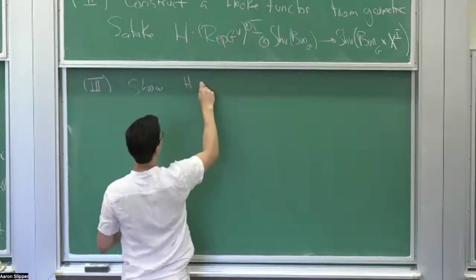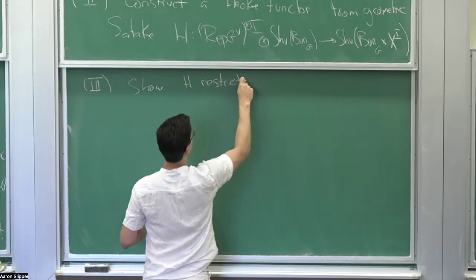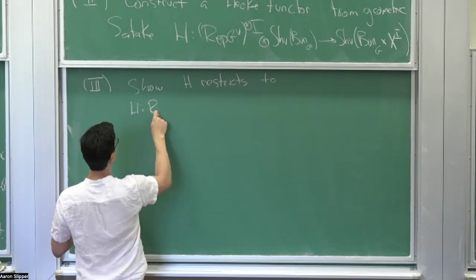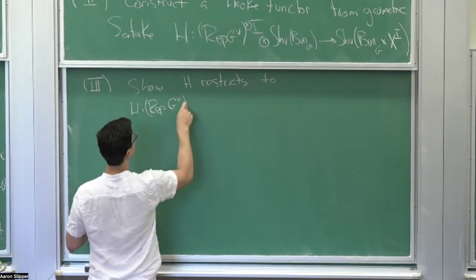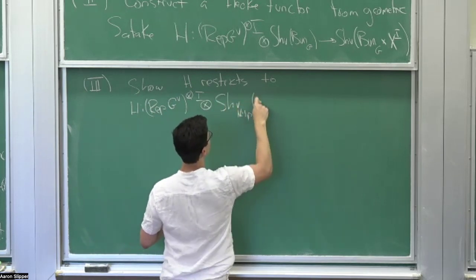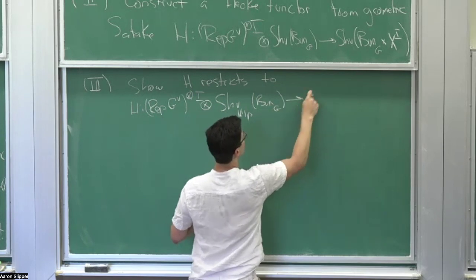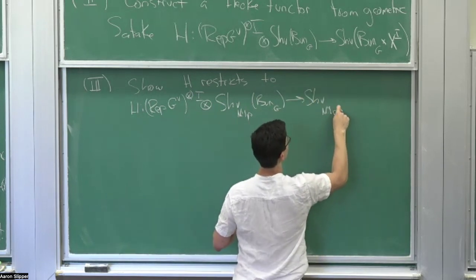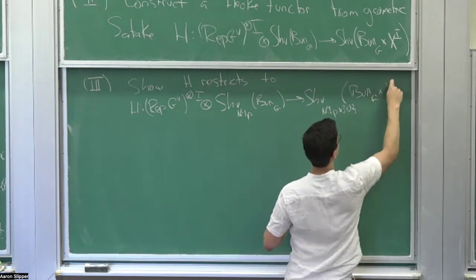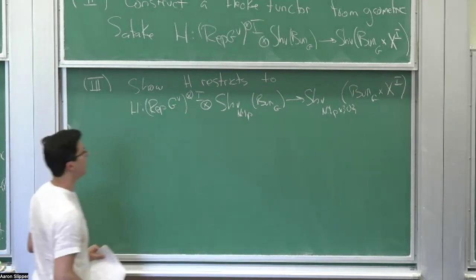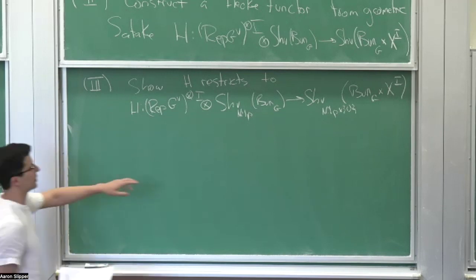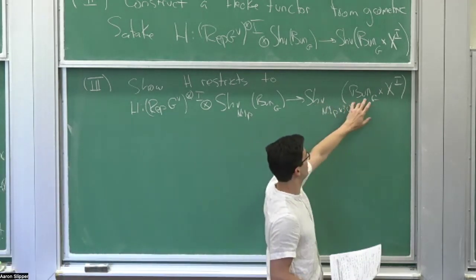Show each restricts to functor Rep G check. Sheaf on BunG, sheaf nilpotent times 0, BunG times I. And then we will have our result, because you can decompose sheaves on BunG cross